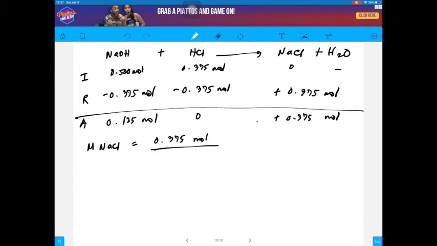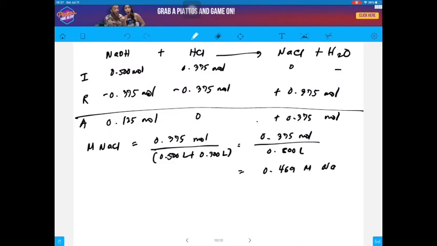In this case, we added 500 ml, which is 0.5 liters, plus 300 ml, which is 0.3 liters. So it's basically 0.375 moles over 0.8 liters, which is 0.469